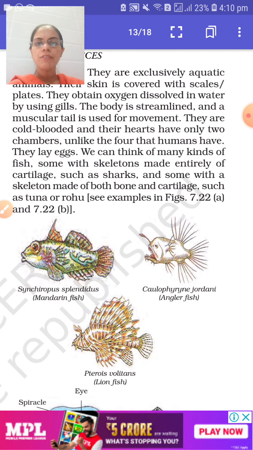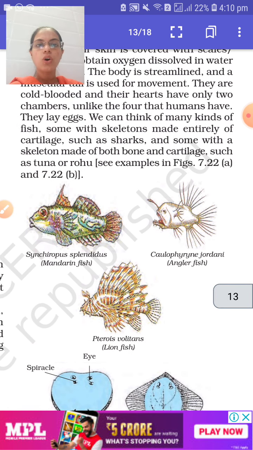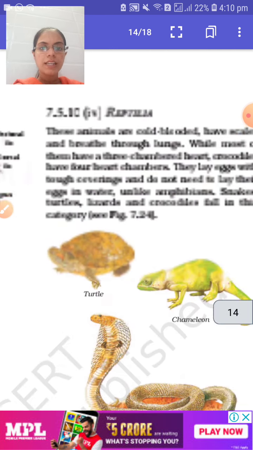We can think of many kinds of fish, some with skeletons made entirely of cartilage. Many times, those of you who are non-vegetarians might know that fish do have cartilage, the spines or thorns in the food, such as shark. And some have a skeleton made up of both bones and cartilage, such as tuna or rohu. These are names of fish. Next topic is